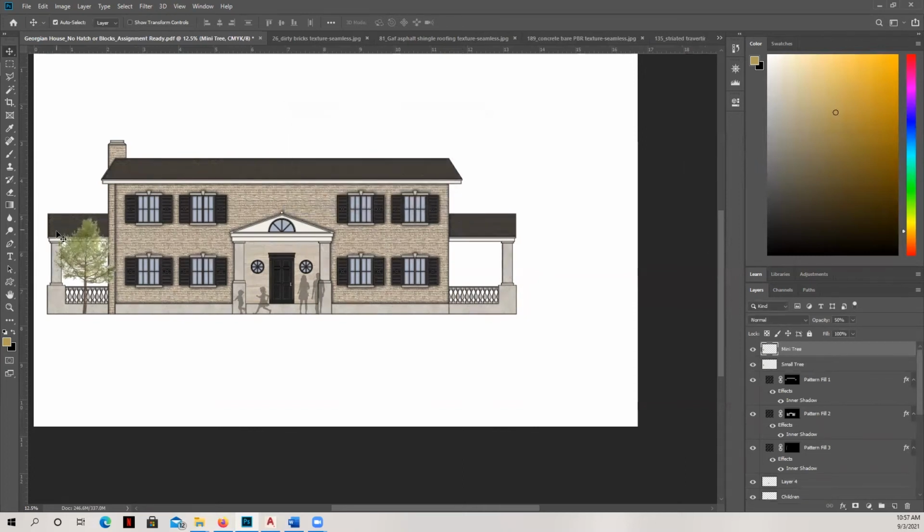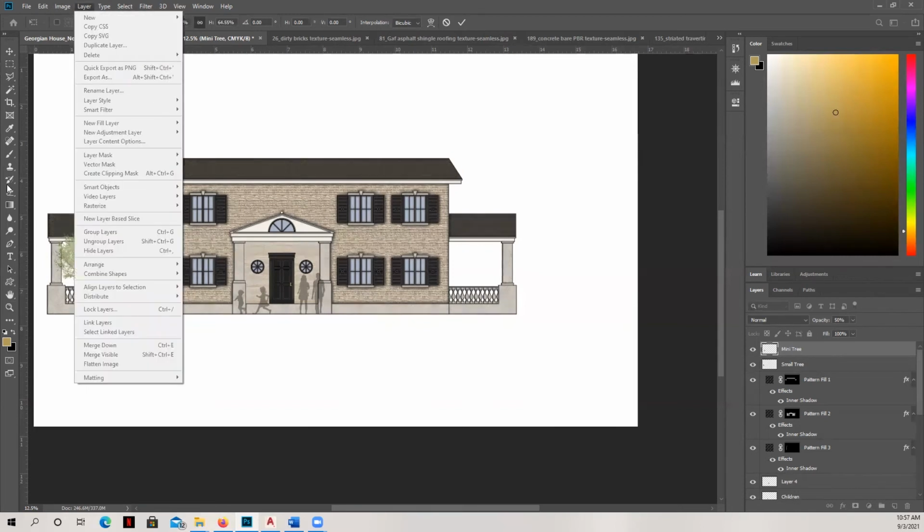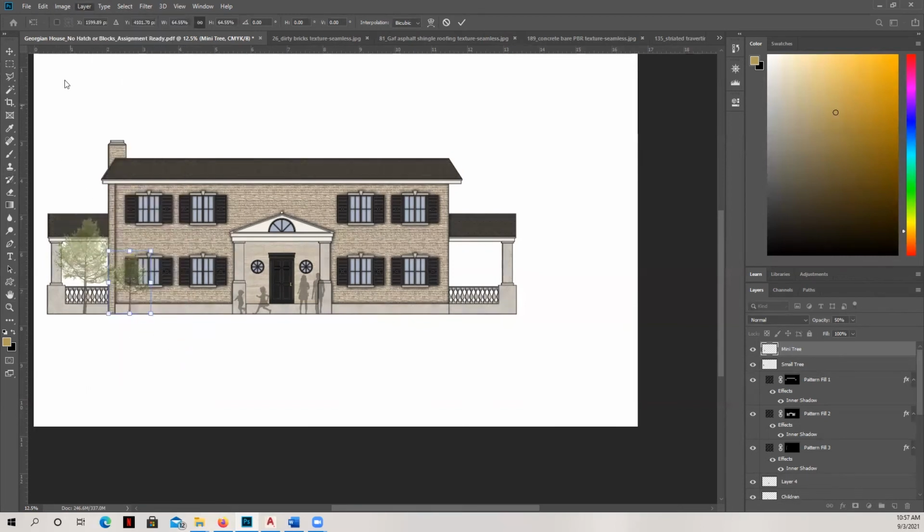So you can see here, I'll move this over. I'll transform it so that it's a little bit smaller. And then you can also stretch it this way. If you hit enter, it'll apply the transformation.